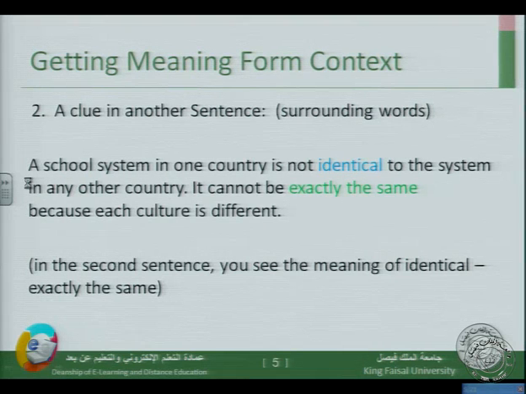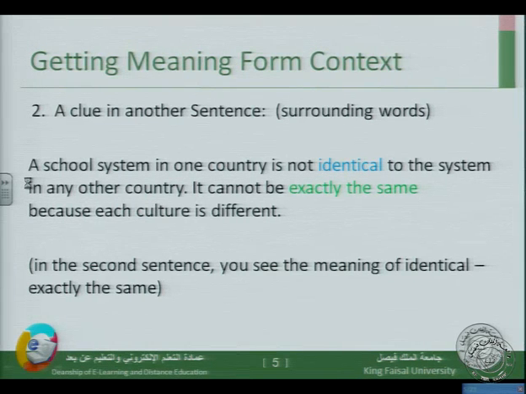You might notice a clue in another sentence. You need to look at the surrounding words. If you cannot find any punctuation, for example, in a sentence, or keywords as stated in the previous sentence,